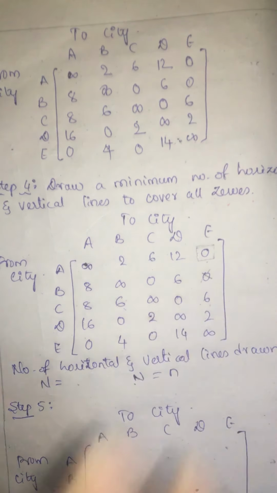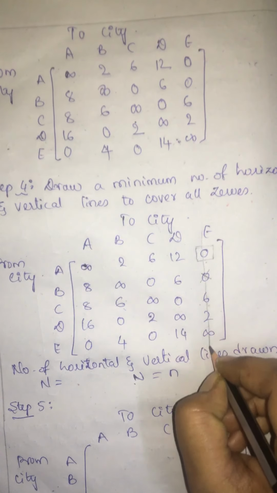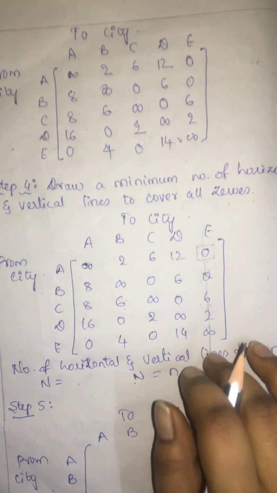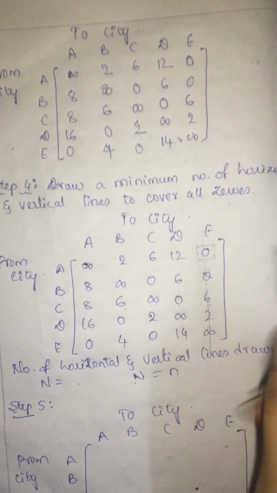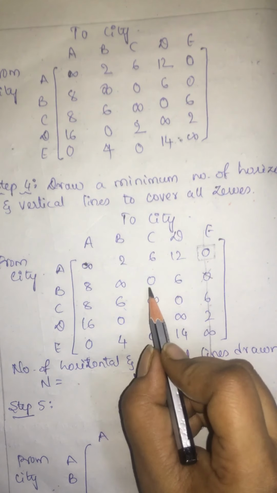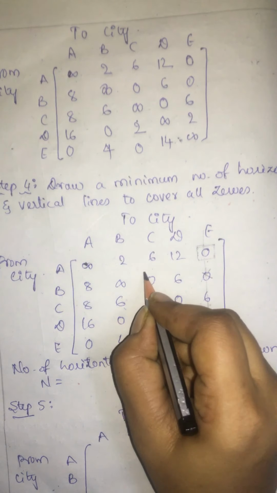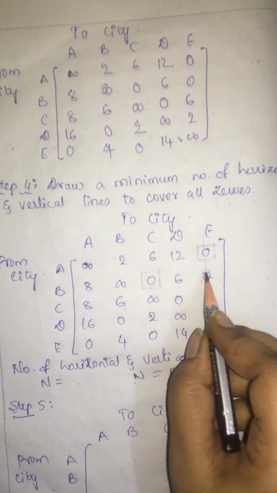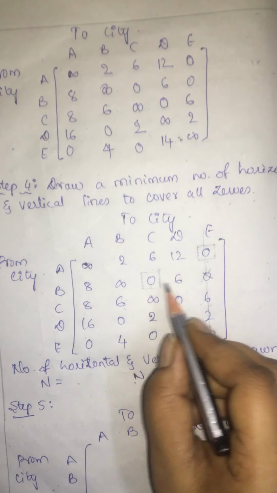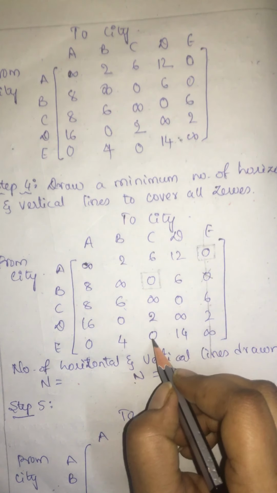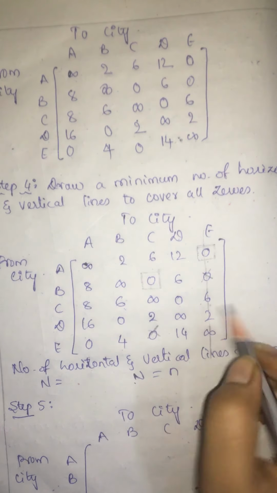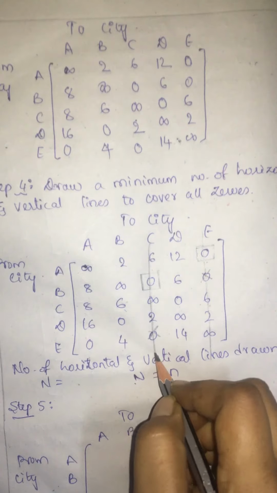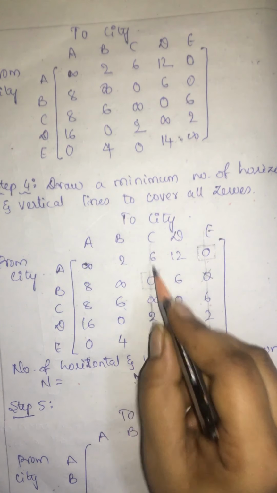Same thing, take the second. Okay, so now I'm going to draw one vertical line. Now this entirely covers one line. Now the first row is allocated, take the second row. Is there any single zero in this? Yes, there is a single zero, so allocate this 0. Whichever zeros are in this row and column, mark them. Here it is already marked, and in this column there is another 0, mark it as an X. Since I have taken an entire row, draw one vertical line here. It indicates that you have covered these many elements.